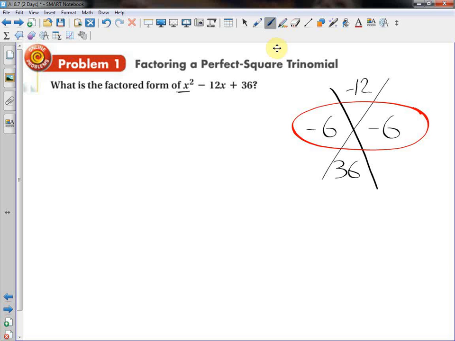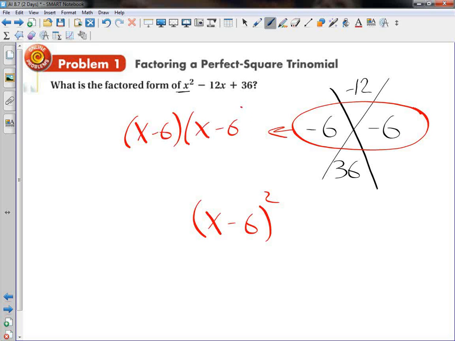And as soon as you see that, you should be able to write x minus 6 squared. You should be able to go straight there. But let's write that step that we skipped over, which is x minus 6, x minus 6. Then we see that those two are the same value, so we can rewrite them as a perfect square. Now, I'm not going to require that everybody is able to see perfect squares and write them as such, but I will require that you can use regular factoring